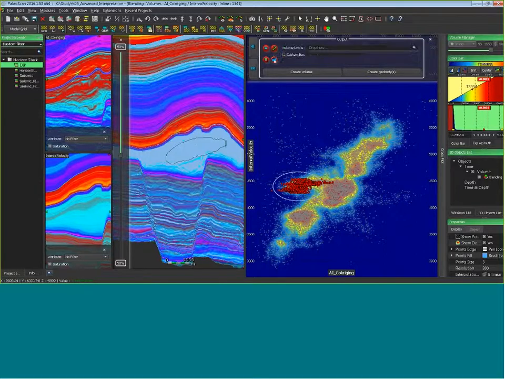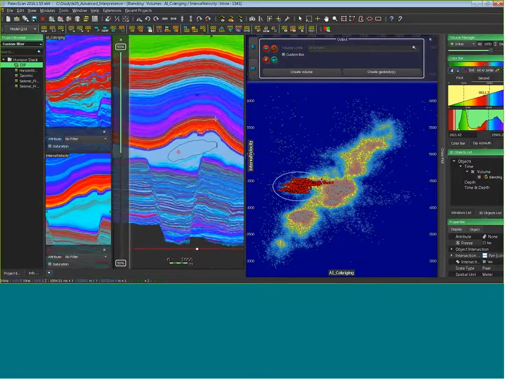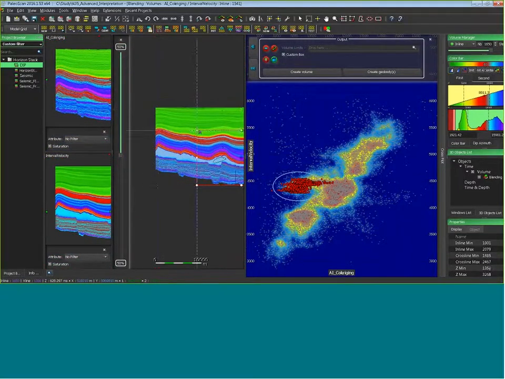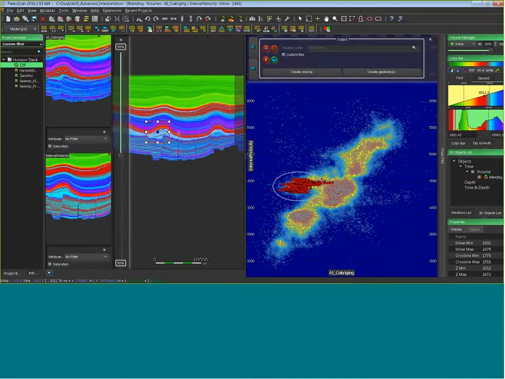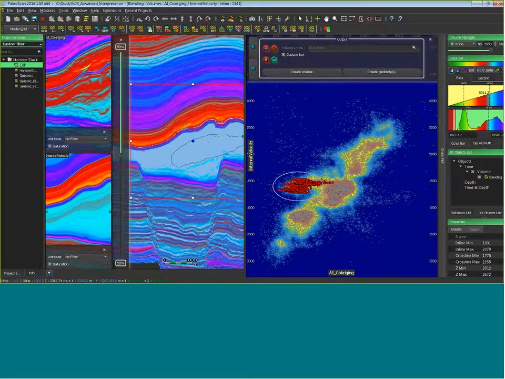Okay, exactly the same. If you want, you can just select an area like this and then extract as geobody or volume. Okay, I don't have the time to compute the geobody of salt. It takes a few minutes, and I have other points to show during the webinar session. But you just have to create the geobody, and then you can create your geobody.